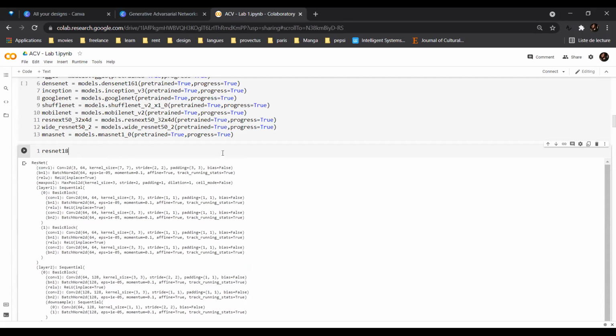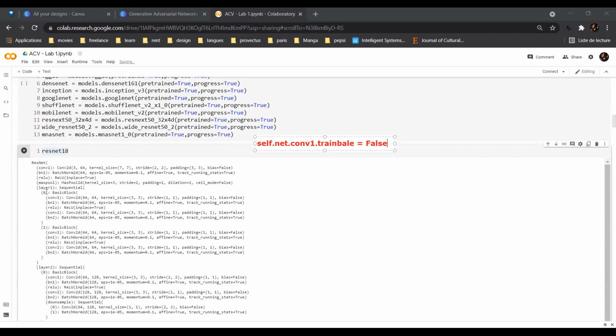What I do is simple: self.network.conv1.trainable equals false. Now let's say I don't want this one, I want this one, right? So this is a bit more hidden. So this one would be